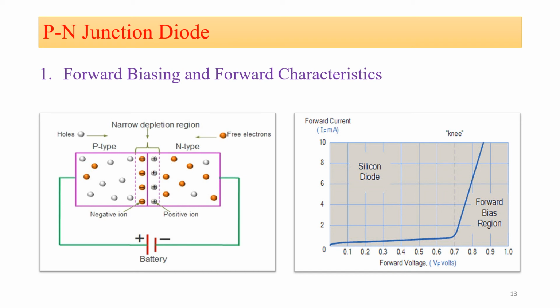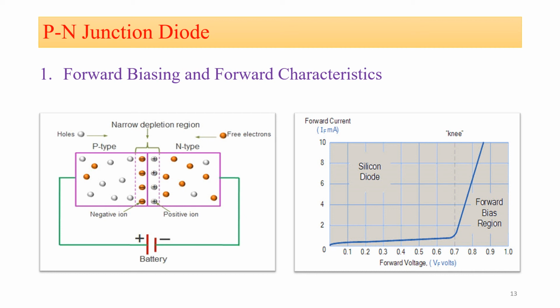These characteristics show the characteristics for the silicon diode. Let's start from the point 0. When you increase your battery voltage, the voltage across the diode will increase gradually. Current is also increasing, but only slightly, up to 0.7 volt. Now what is 0.7 volt? It is the barrier potential or the cut-in voltage for the silicon p-n junction diode.